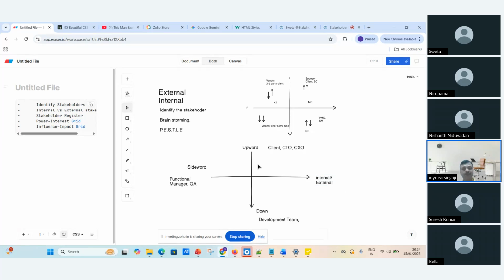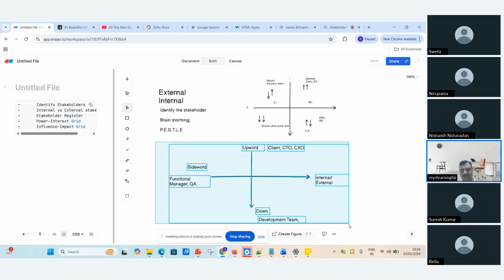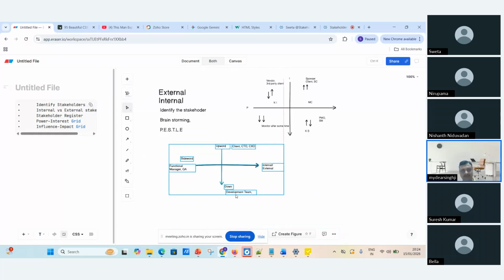So this is another way of categorizing the stakeholders. Is it clear? This comes from the project management standpoint. All of these things are in the PMP standpoint, so we should know about them and be aware of them. Is this clear till now?